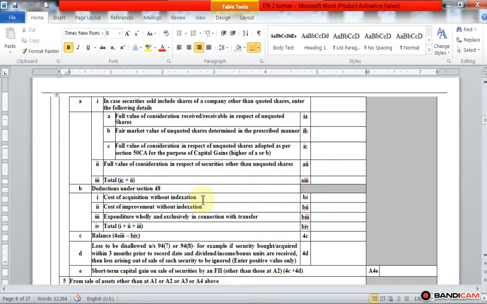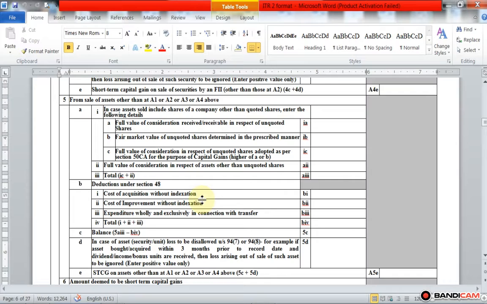Then we studied the next part, that is in case of securities sold, including shares of the company other than quoted shares. So the securities plus equity shares of the company, but which shares? Other than quoted shares. So here full consideration receivable or received in respect of unquoted shares, and then we consider the fair market value of the unquoted shares,